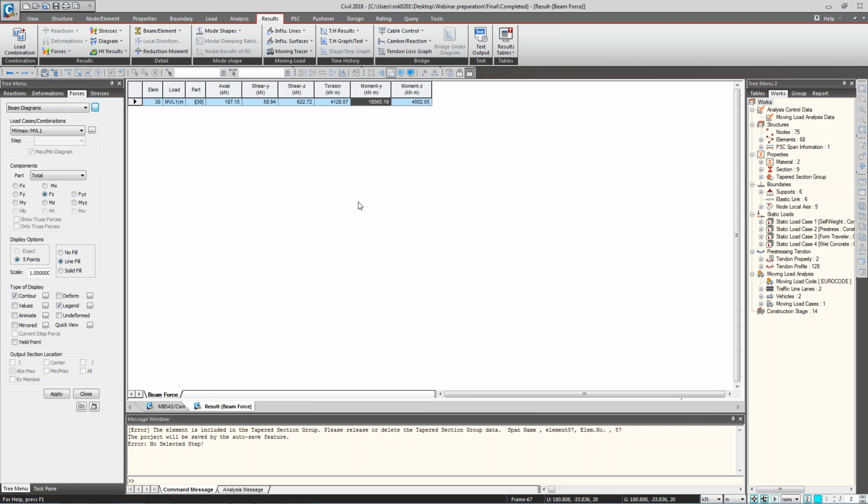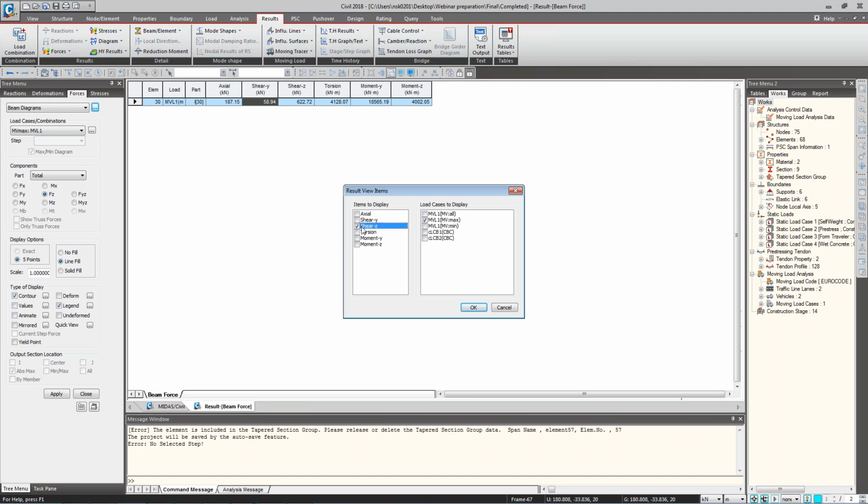However, when we go into the design part, we do not want to use this sort of envelope result, because even though these forces are maximum results, the forces do not happen simultaneously. These forces will have individual vehicle positions. So these forces are not